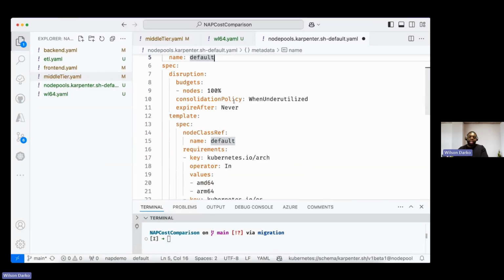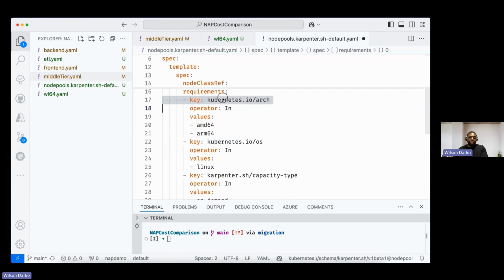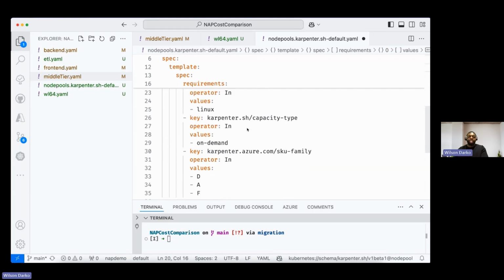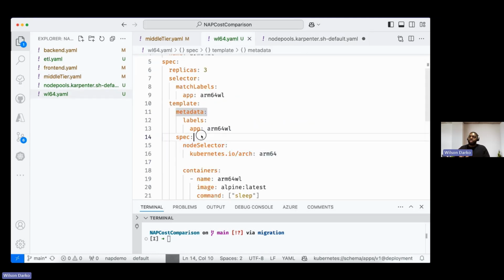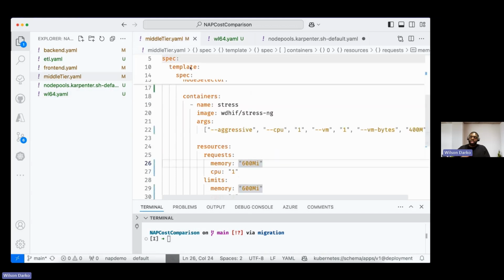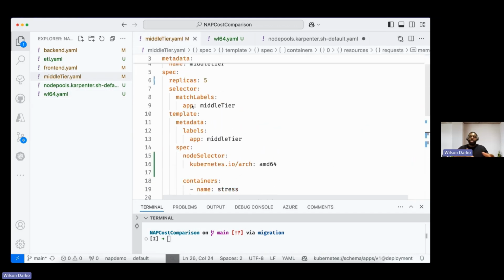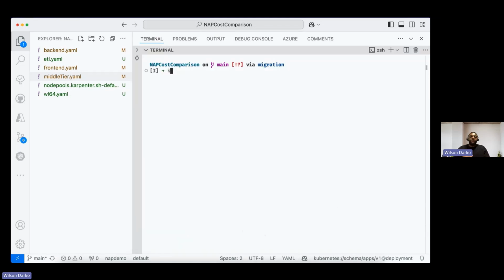So if we look at this example here, we can see, again, the node pool file where we have multiple different family types of SKUs that are being showcased. You can also use tools like Node Selector to create a bias for a certain type of architecture. Here we have an AMD that's placed, and then ARM was referenced a little bit earlier. From that, you can deploy these files, and let's see what happens here.